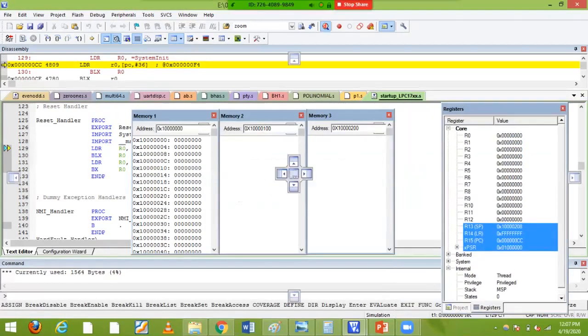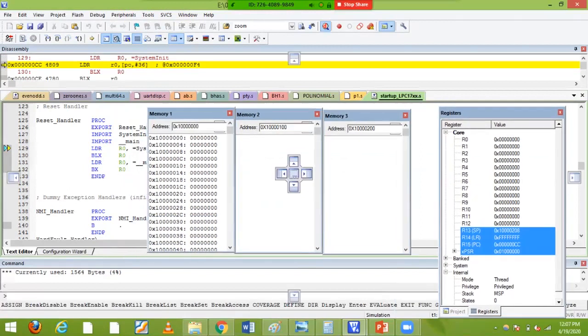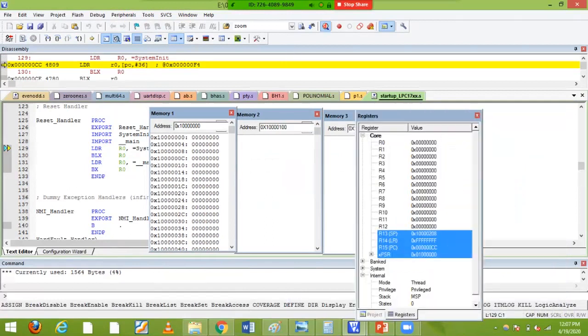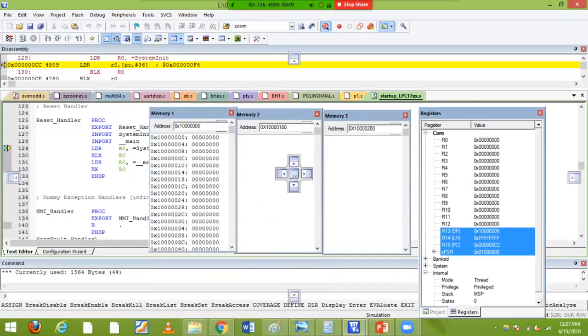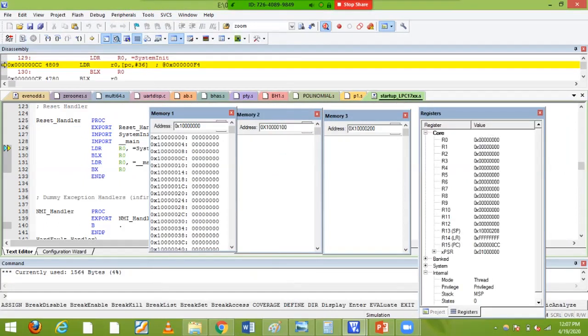Okay, so here I'm going to take the memory location, register window and project window. Let's see that. Maybe this register window is present here on the left-hand side, you can keep it anywhere, that's fine. That is not my intention. I'll go to the project window, it is already there. I'll go to the register window. Let's try to execute this.